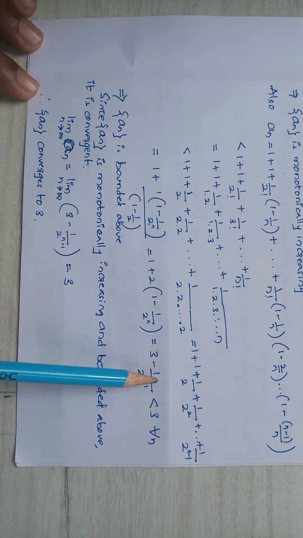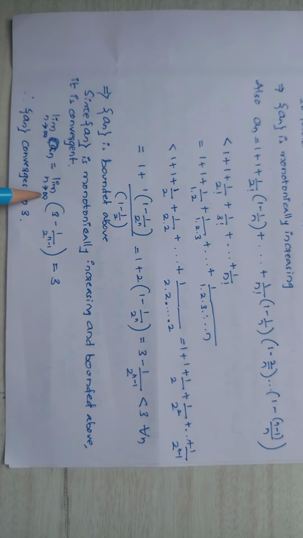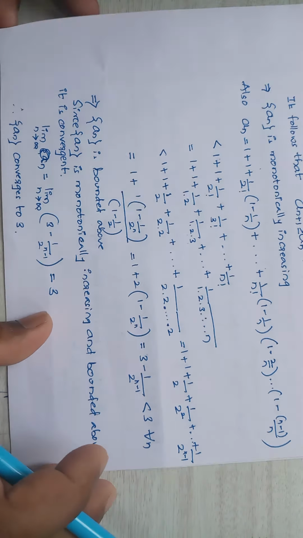So what I do here, we got the value 3 minus 1 upon 2 to the power n minus 1, that is an. Okay, so limit n tends to infinity an is equal to limit n tends to infinity 3 minus 1 upon 2 to the power n minus 1. If I put n is equal to infinity in this term, this will become 3 minus 1 divided by infinity, which is 0. So this is 3. Hence an converges to 3. So the next example is